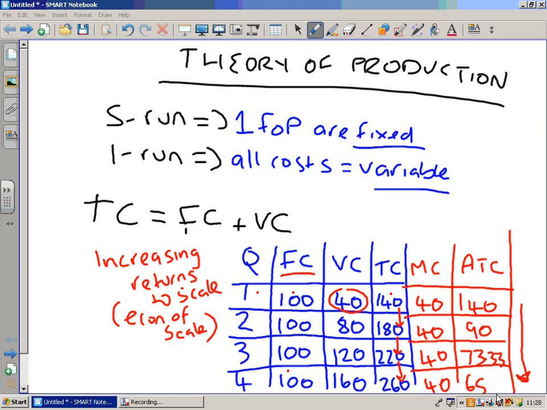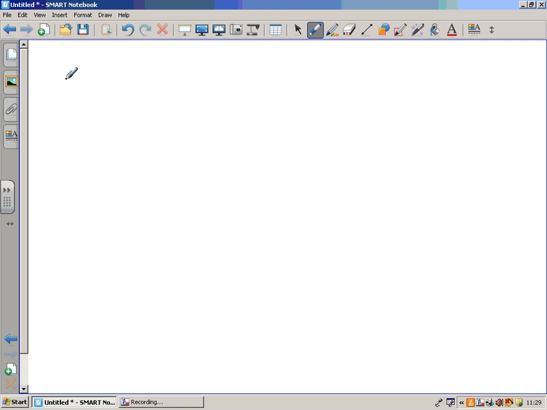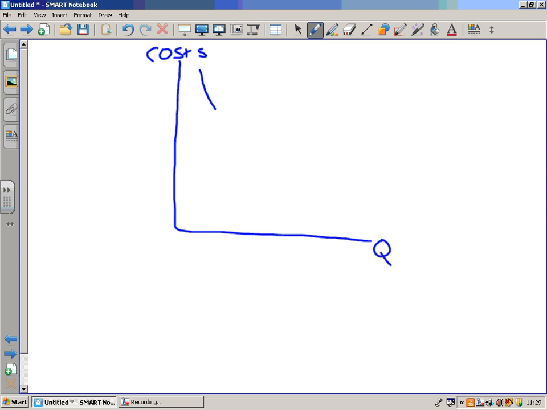Right, what I want us to do now is to think about how we can graph these different curves. So what I'm going to do first of all is to draw my axes. I'll have output on the horizontal axis and then costs on the vertical axis. Now our average total cost curve will always resemble this shape here. I'm just going to put a little point on this curve here, for reasons I'll explain in a minute. To the left of this point,